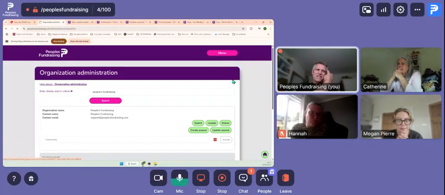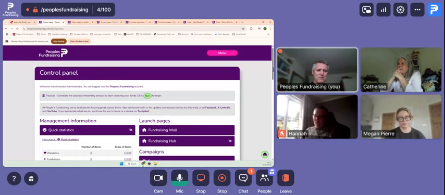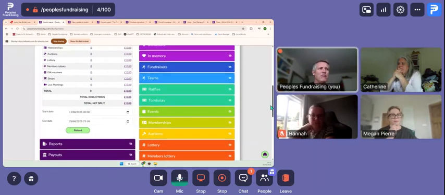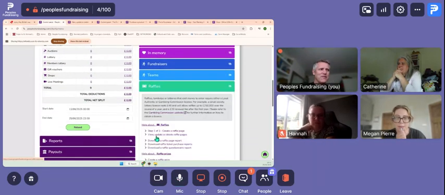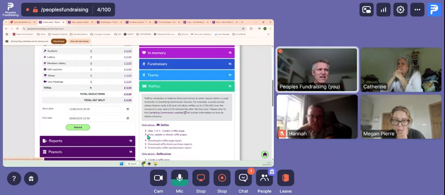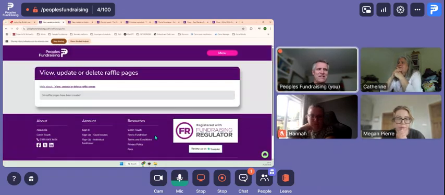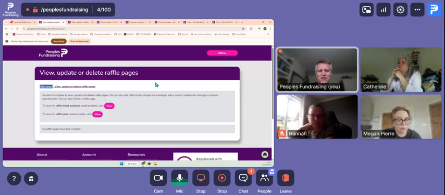Okay, so this is our default account. We do demos in. Okay, so raffles. Yes. So everything's generally under view, update, delete raffle pages. A lot of people don't notice this, but what we try and do on our interface is remove as much text as possible until it's applicable. So always look out for the help about, and there's generally a lot more information about things. So if you go to the view, update, or delete raffle pages,